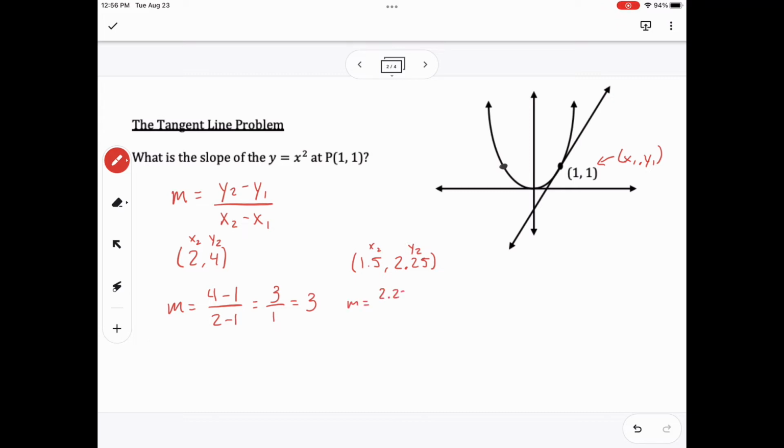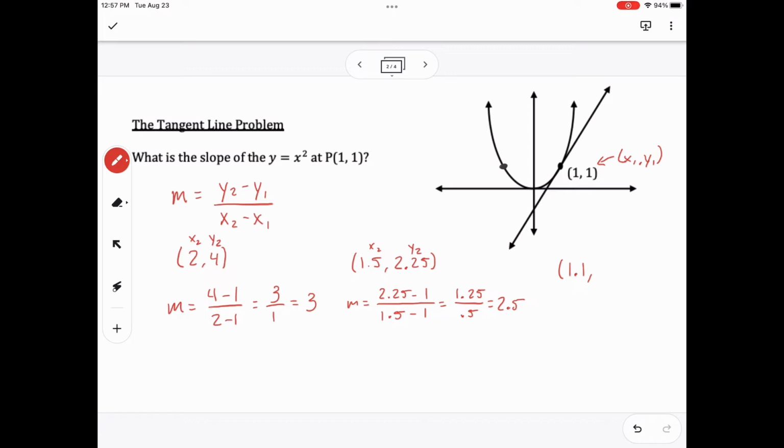Let's pick x equals 1.5, and plugging that in gets me 2.25. Plugging that into our slope formula will get us 1.25 over 0.5. Plugging that into our calculator gives us a slope of, I believe, 2.5. It looks like we're getting a little bit closer, so let's get a tiny bit closer to (1, 1). Let's say 1.1,